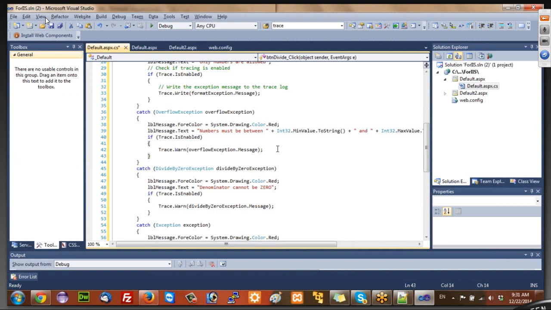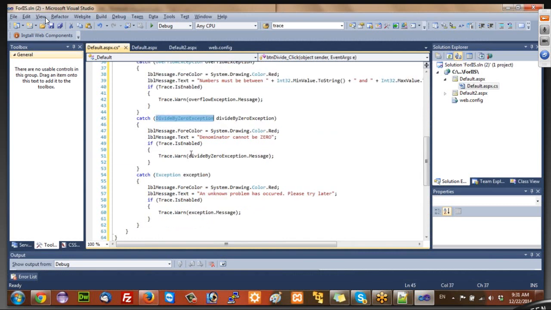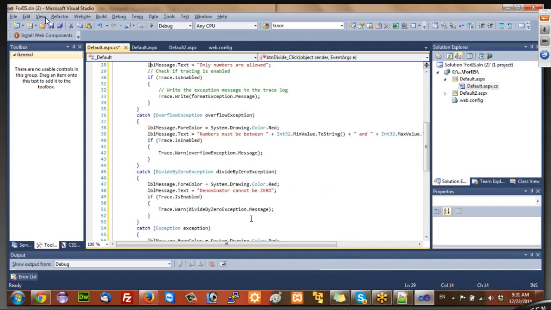The next exception is the divide by zero exception. In that case also, we check whether the trace is enabled. If it is enabled, we just give this divide by zero exception. Last, if there is any other unknown problem, then even that we'll take care of. So this is how we have written this, and the backend is also done. And now, if you see this code,